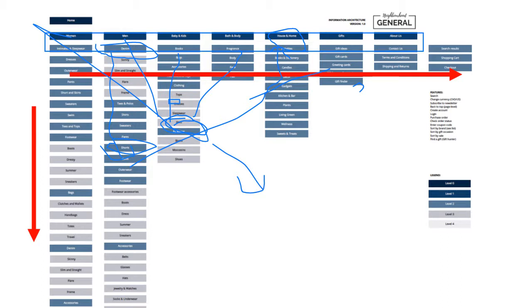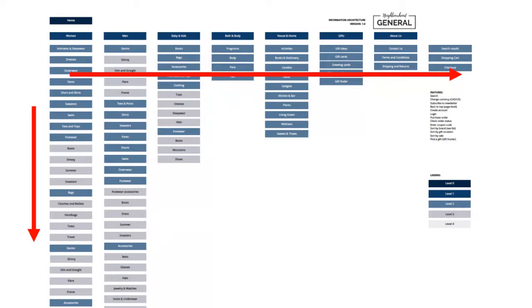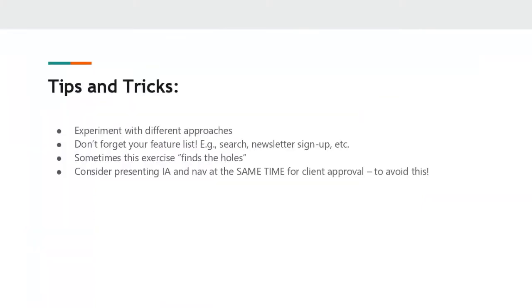So there's nothing really new here, but now we're just going to see in more detail how we actually allow someone to navigate through the information architecture. Tips and tricks: experiment with different approaches. Now, mind you, it's hard to change navigation, and navigation is not something that you're going to be changing every day. So you have to